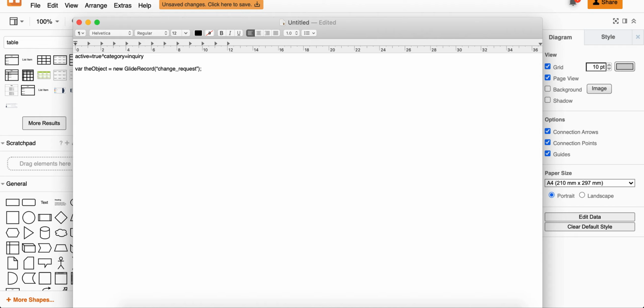Get me the records which I am interested in. Now let's say I have a requirement where I am asked to do certain activities on the change requests which were updated, let's say, last week. Or let's not go into that kind of complicated thing. Let me take another simple example: I want to find out the list of change requests which are assigned to me. Now we'll have to do this, the object dot, and